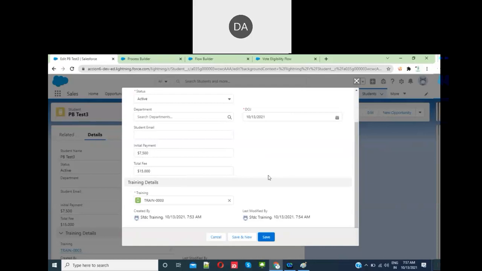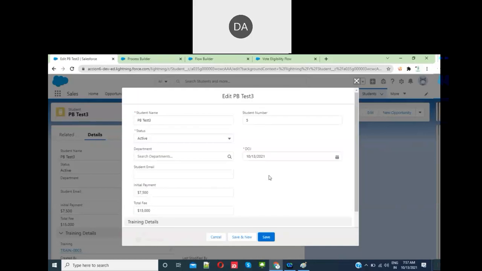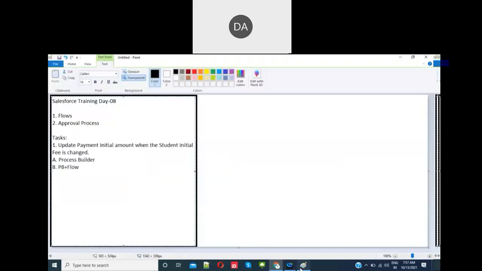This cannot be possible through the standard functionality like a process builder. I mean, you can't delete the records through the process builder. You have to use flow. Okay. Second task is delete all students related to the department when department